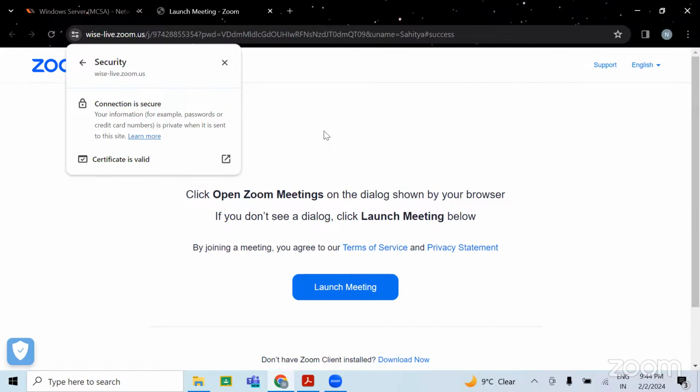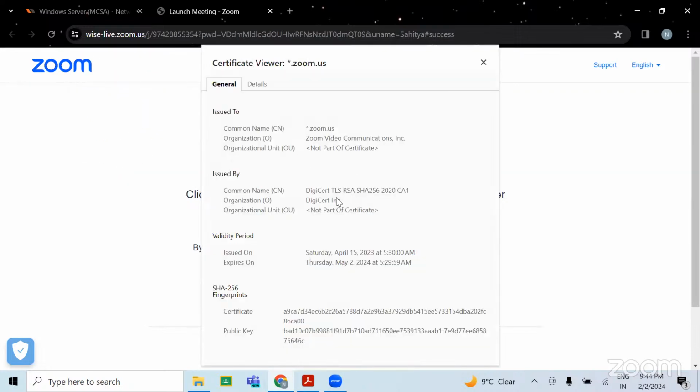So HTTPS is secured as compared to HTTP. In case of HTTPS, the traffic is transferred in encrypted form, but in case of HTTP, it is in plain text. So how is it getting encrypted? This is all because of the certificate. A certificate is applied, that is why.